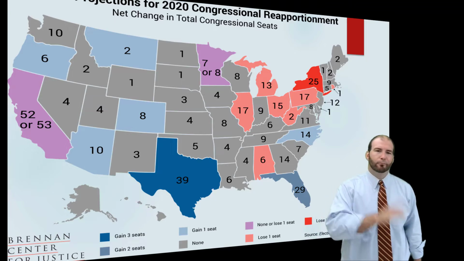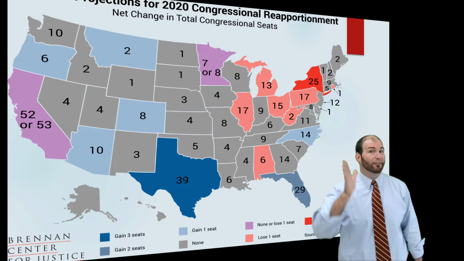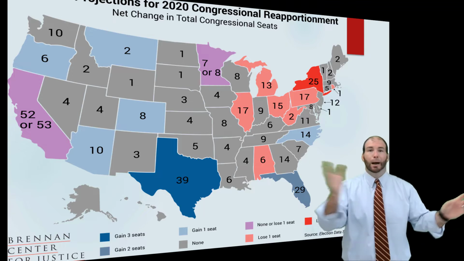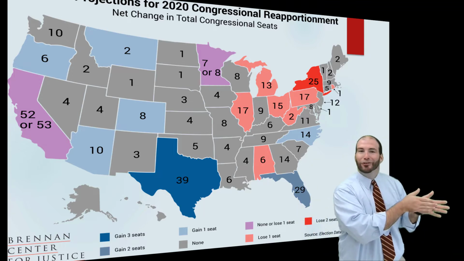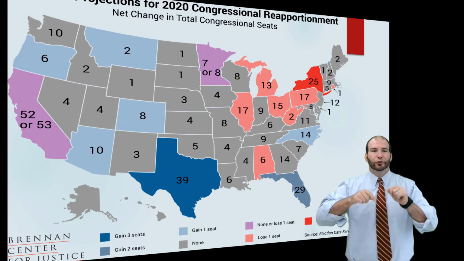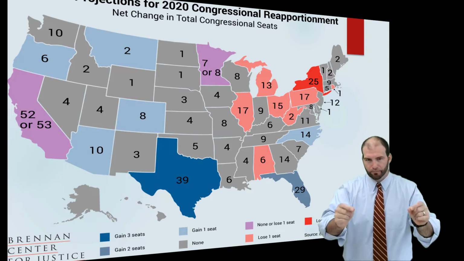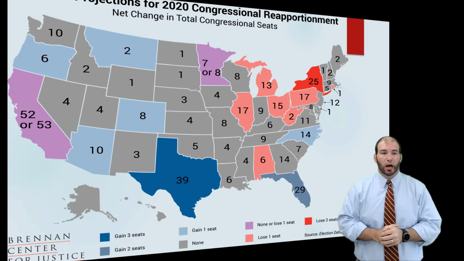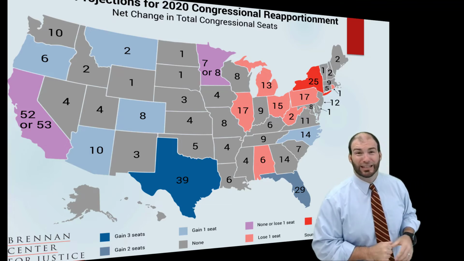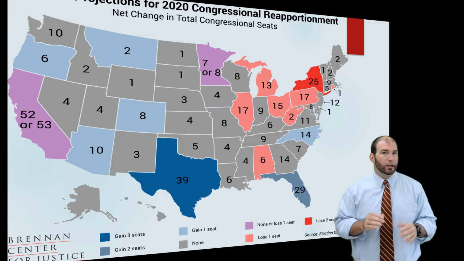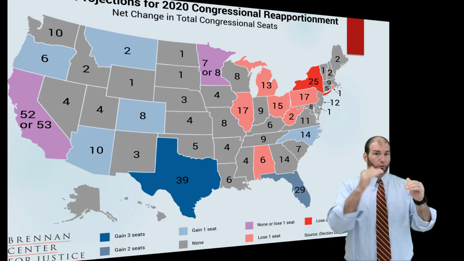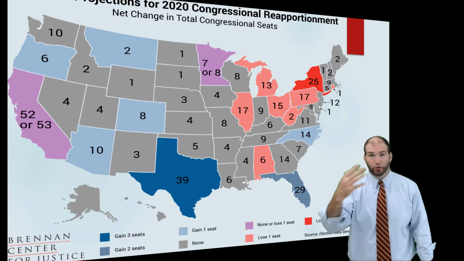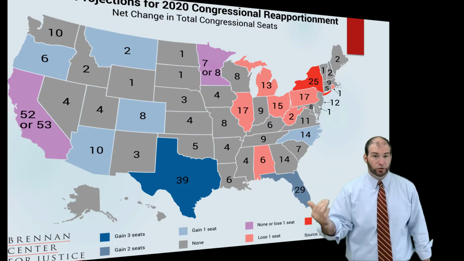Why do they have more than North Carolina? Because they have more people. The House of Representatives is based on population. The Virginia plan, if you remember that from the Great Compromise. So the larger your population, the bigger piece of that pie of 435. So like you see Texas here, they gained 3 seats from last time. Well, that doesn't mean that number 435 grows. If Texas gains 3 seats, guess what has to happen somewhere else in the country? They had to lose seats.